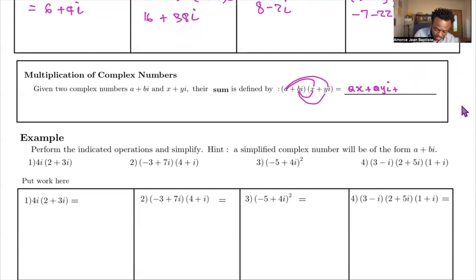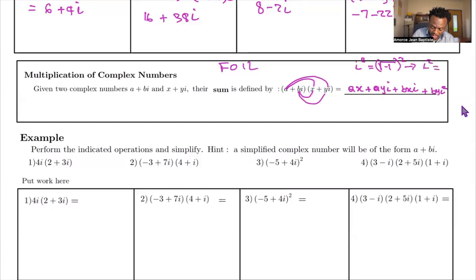Yes, it's the same thing. Plus byi squared. And remember we're not going to forget that i equals the square root of negative 1. Now, if we square both sides,